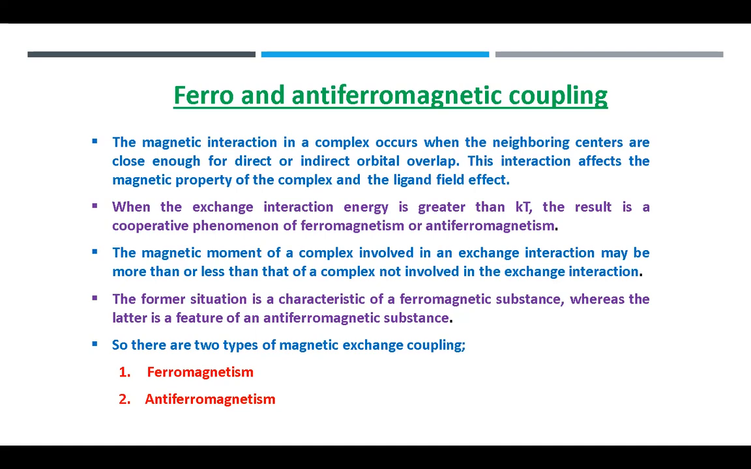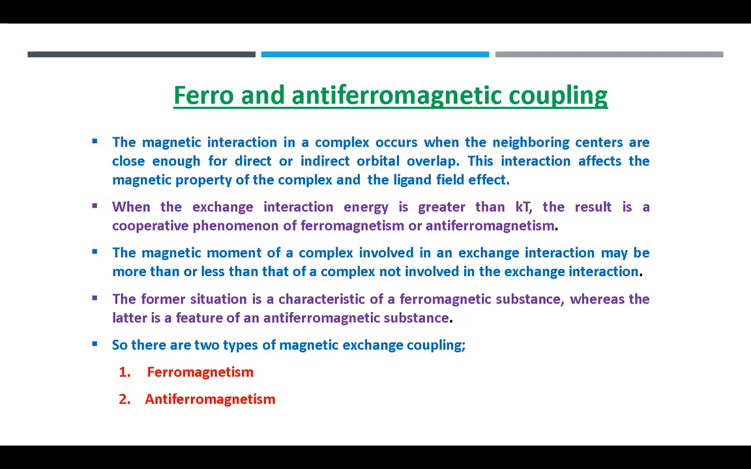The magnetic interaction in a complex occurs when the neighboring centers are close enough for direct or indirect orbital overlap. This interaction affects the magnetic property of the complex and the ligand field effect. In fact, almost all paramagnetic complexes, to a certain extent, are involved in exchange interaction, which is dominant only at low temperatures. When the exchange interaction energy is greater than kT, the result is a cooperative phenomenon of ferromagnetism or